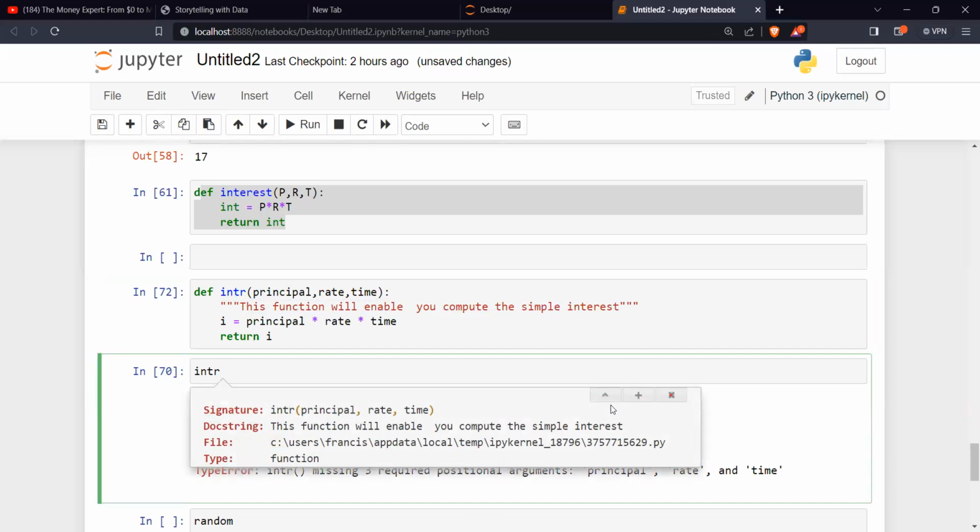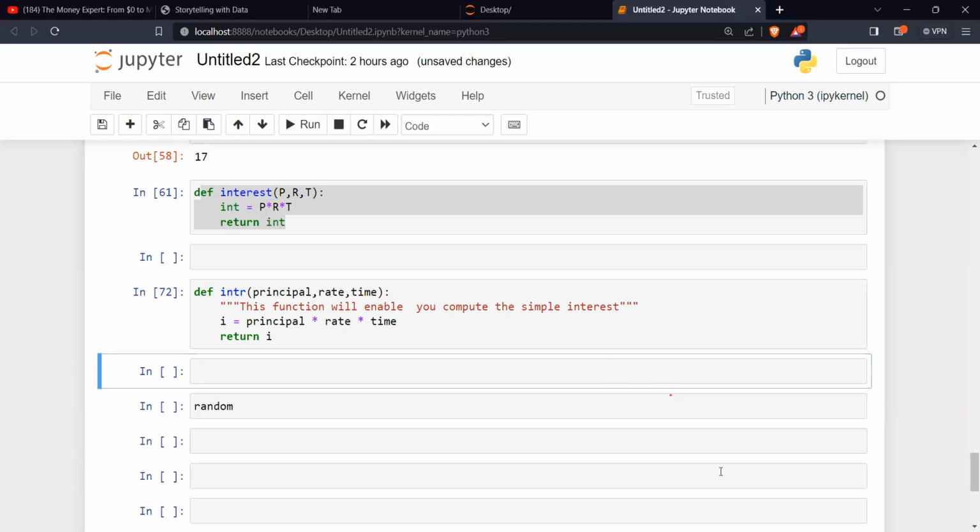So anytime you write your function, it's important, because remember we mentioned it at the beginning, as analysts, always document your work. Because this is something that everybody knows. Sometimes you want to create your own unique function to do a particular calculation. So when you are creating it, it's important to write what you are trying to do there. Do you get that? Is that clear? Yes, sir. Yeah, so that's the essence of it.